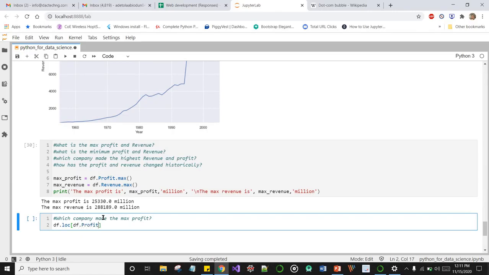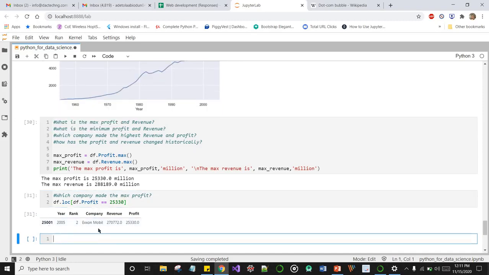We select the data frame.profit column, and you remember that we're trying to compare. The maximum profit is 25,330, so we just pass that figure there, and we do shift enter, and boom, the company with the maximum profit from the Fortune 500 data set is ExxonMobil.